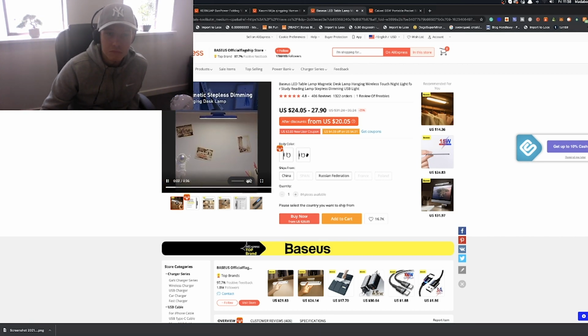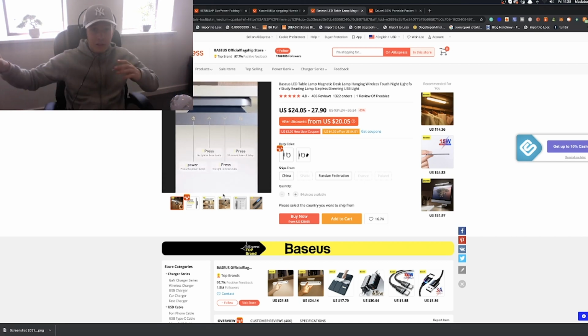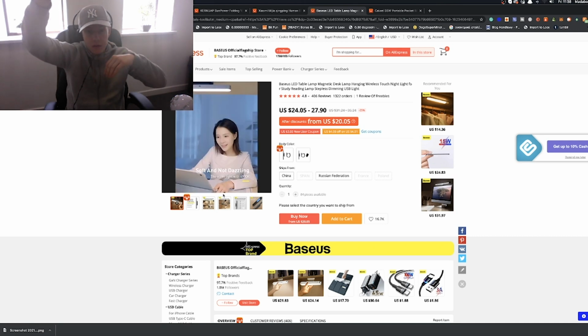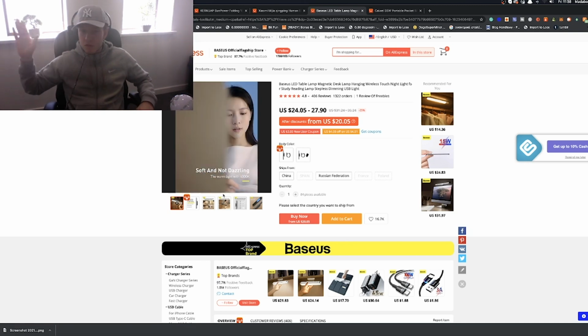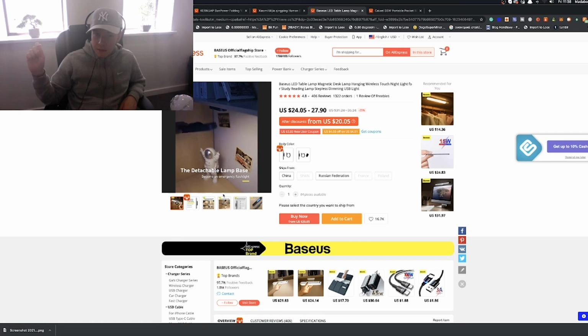Wow, look at that. It's a magnetic little light. So you can have little magnets put onto different parts of, maybe, your desk. If you've got a little shelf above your desk, or maybe just different little magnets across the room, you can put different magnets in different places, and then you can just come up to it with this light,